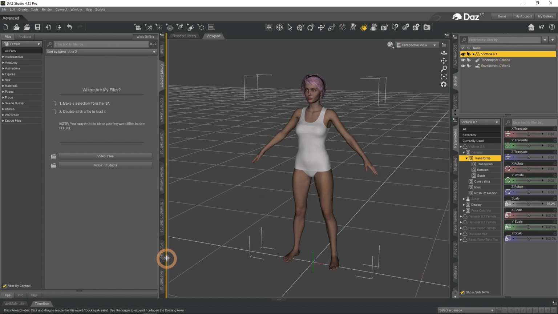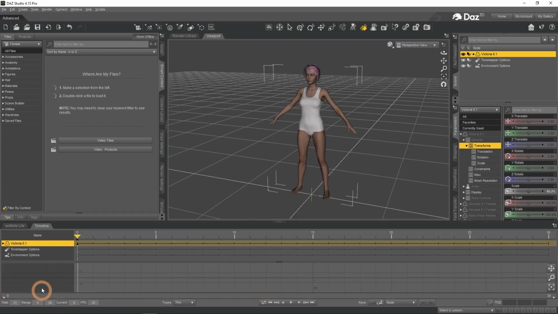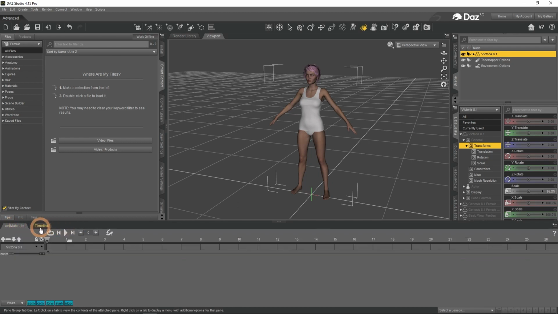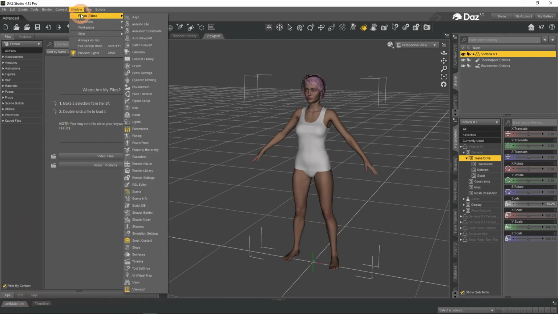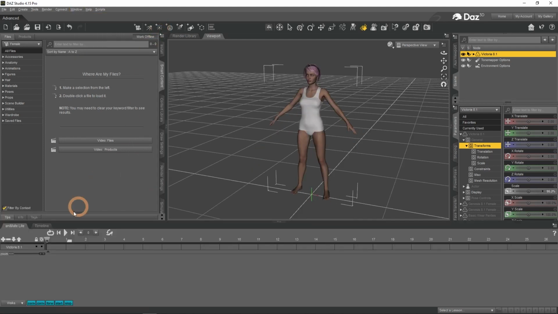At the bottom left of your default interface you should see an Animate Lite and a Timeline button. Clicking on them will open a corresponding tab interface. Clicking on a tab again will hide it back. If you don't have such tabs open like me, worry not, it is easy to create them. For this just go to the Window, Panes tab and find the needed option here. Animate Lite is at the very top, and Timeline is found near the bottom of the list.